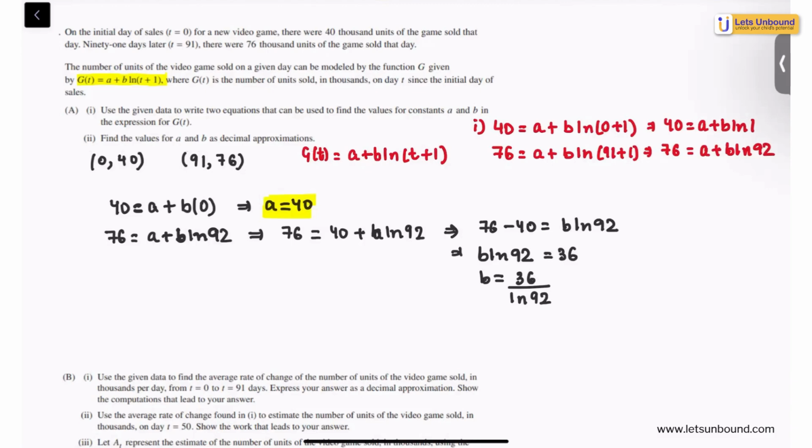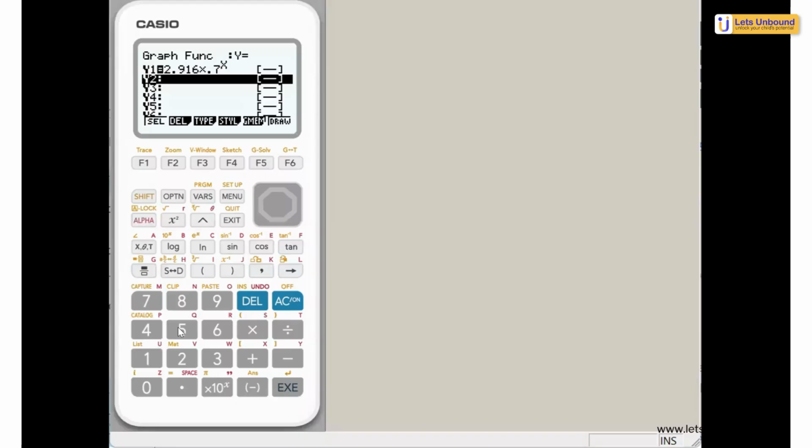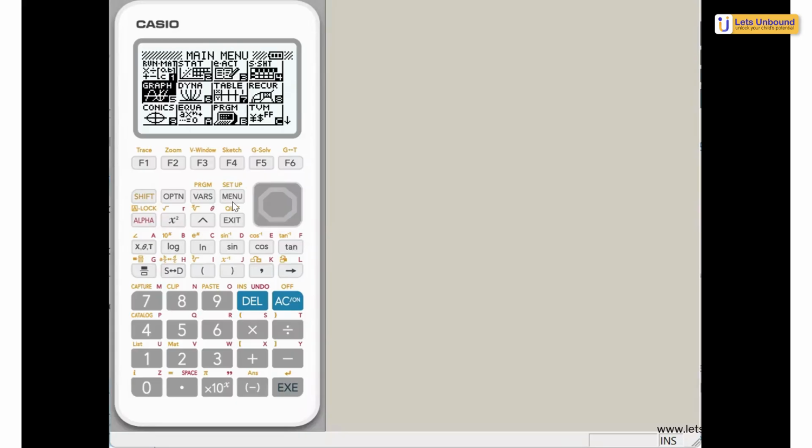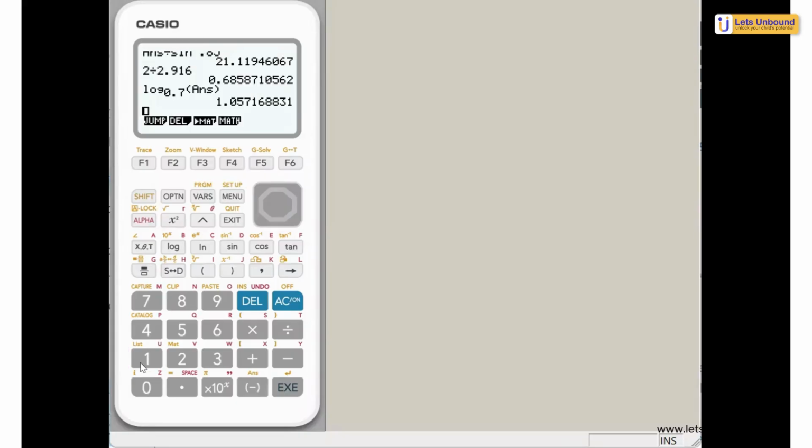Now we can use our calculators to solve for it. We will use the run matrix. We want to solve for 36 divided by ln 92. We will have the ln feature also on our graphing calculator, and to solve for it,